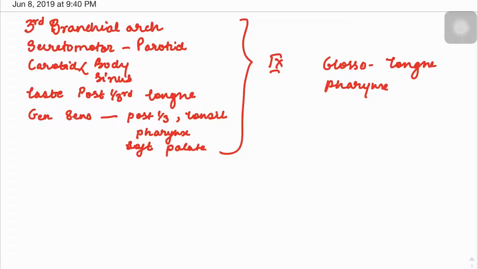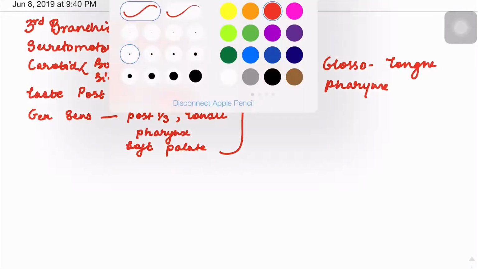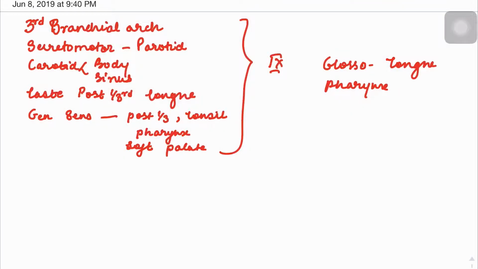Like our previous video, we will describe the intracranial course and the course outside the cranial cavity. So let us go and draw a schematic diagram of the intracranial region. Now the 9th, 10th,